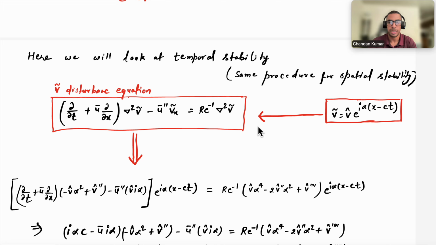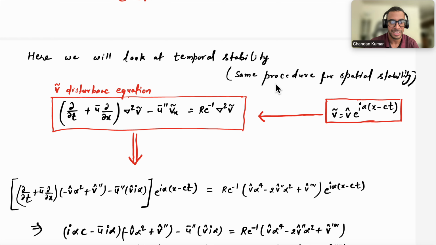So we reduced our stability problem to the V disturbance equation. Now we are going to look into how we are going to proceed further with the waveform definition that we have. So we discussed the temporal stability and spatial stability, and the procedures are similar for both, but the